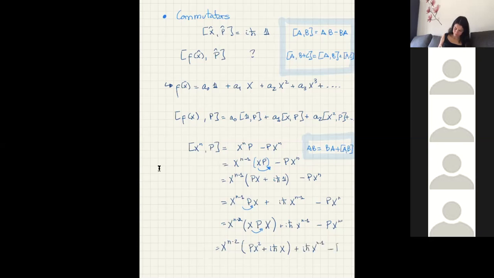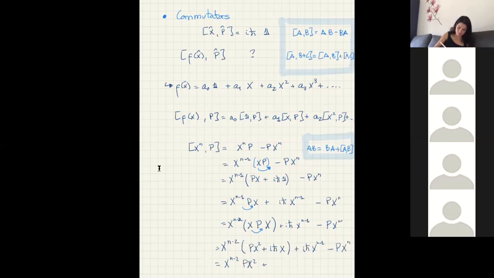There you go. x to the n. Okay. So this gives us x^(n-2) px squared plus,